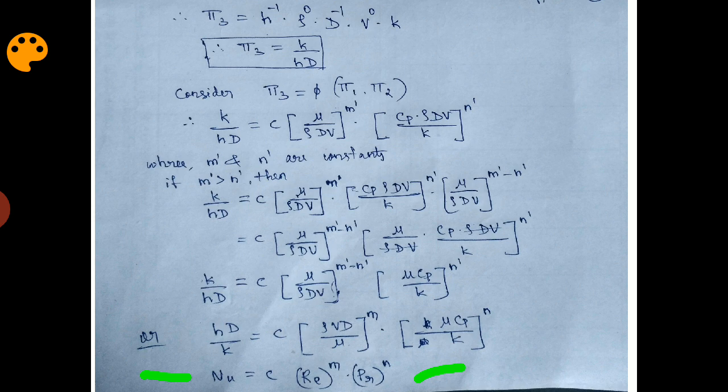So this is nothing but when you apply the dimensional analysis to forced convection heat transfer, we get Nu is equal to constant into Re raised to m Pr raised to n. So the question can be asked in another way also: get the relation between Nu, Re and Pr for forced convection heat transfer. This can be another modification in the question. So this is a very important question from exam point of view. Earlier we have covered one question on natural convection heat transfer. This is on forced convection heat transfer.